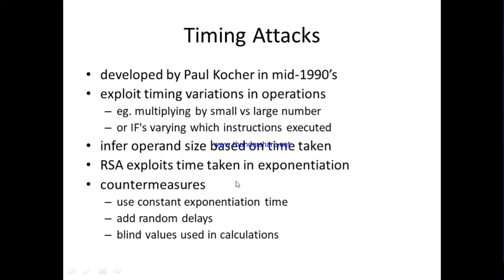And now the timing attack. How will the timing attack be done? That depends on how much time it takes to perform the computation. The time will vary from small number multiplication to large number multiplication. If I take 7 and 11, two small prime numbers, it will be computed very easily and fast. But if I take large prime numbers, in hundreds or thousands, it will take more time in the computation. So this timing attack is performed based on how much time it takes to compute. That is called a timing attack.